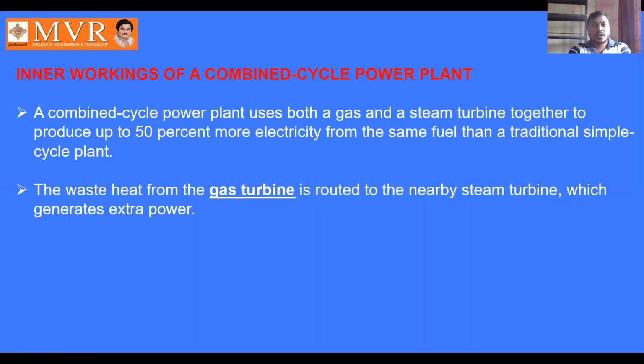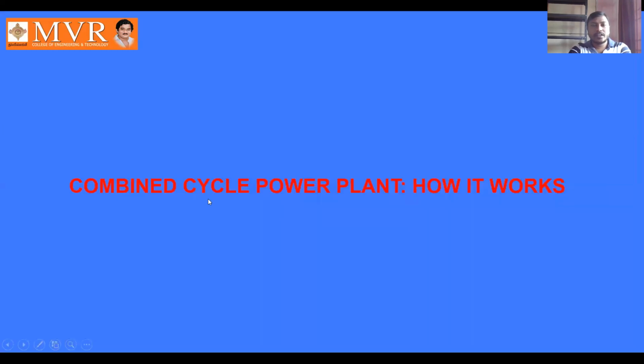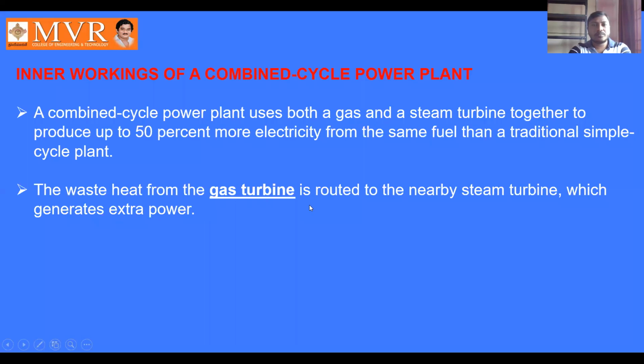And coming to the combined cycle power plant, how it works. Combined cycle means steam turbine as well as gas turbines. See, a combined cycle power plant uses both a gas and a steam turbine. We are using both the steam as well as the gas turbine together to produce up to 50%